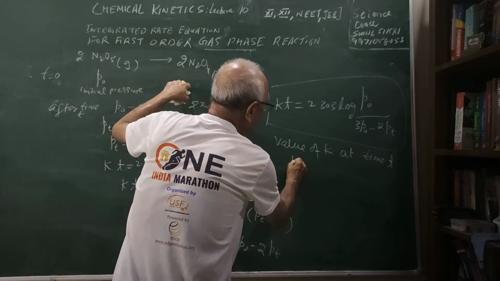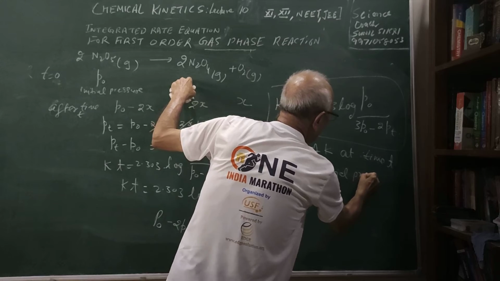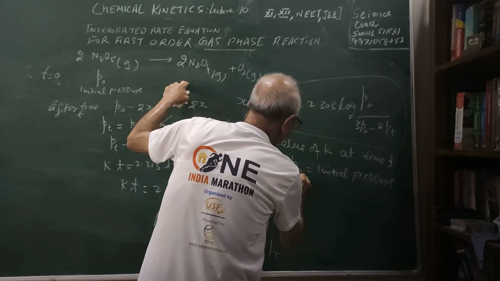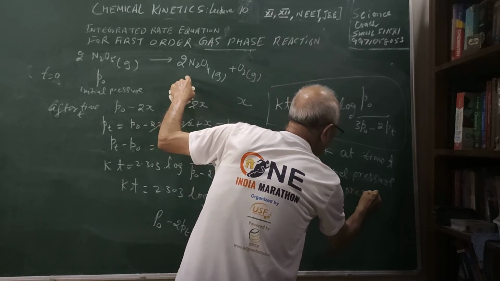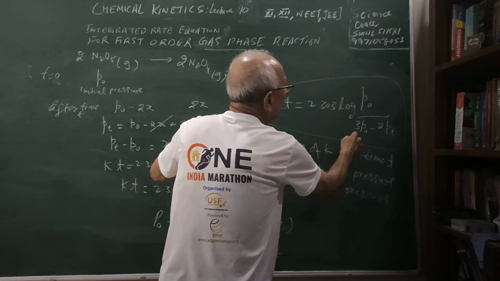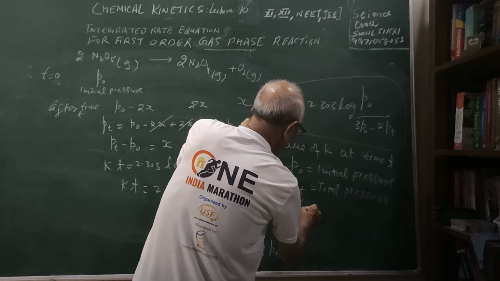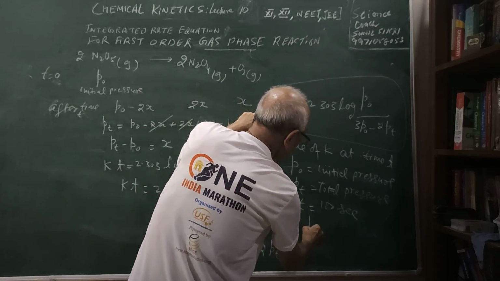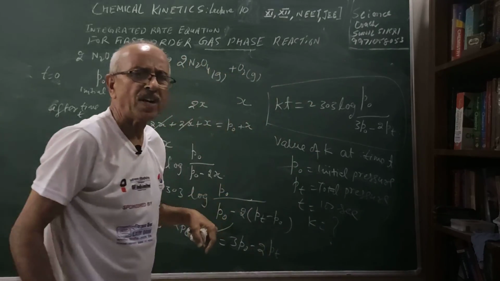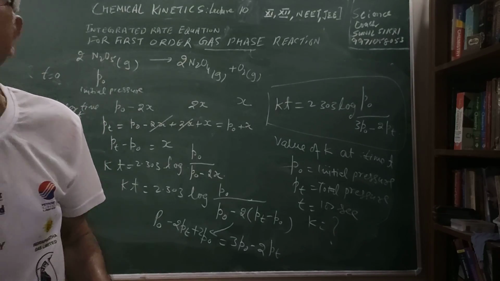In the exam, they will give us the initial pressure and the total pressure. Once these values are known to us, we will substitute these values, initial and total pressure, and time is given to us, supposing 100 seconds, then I can find the value of k. So, students, I am ending this talk here, and in our next class we will talk about the